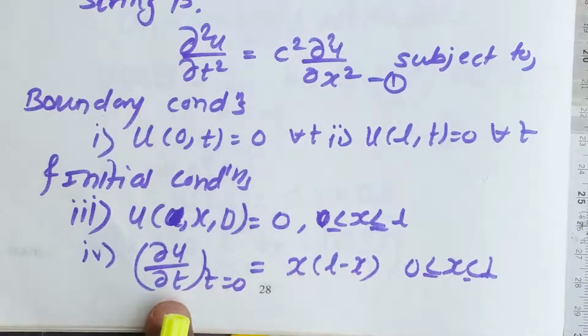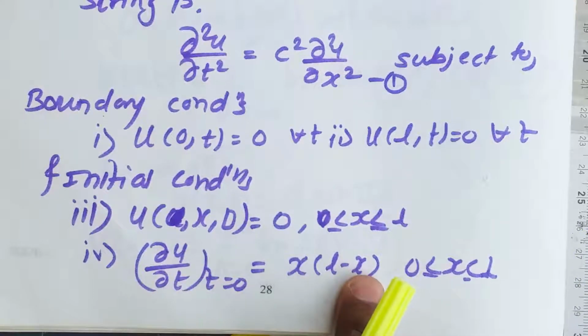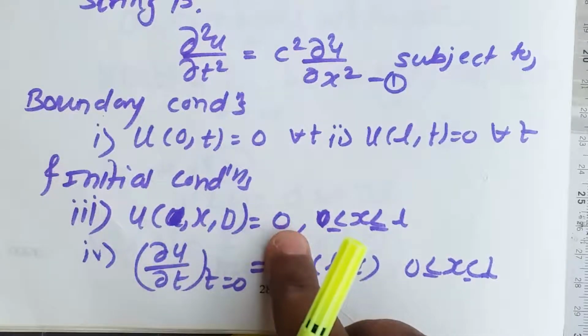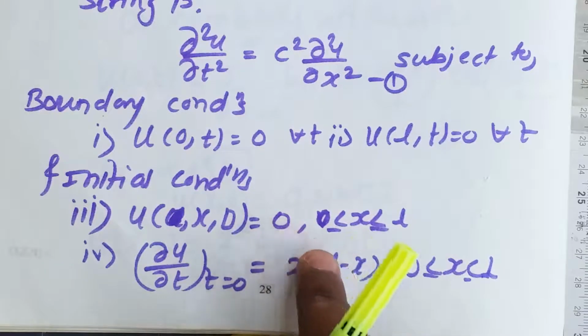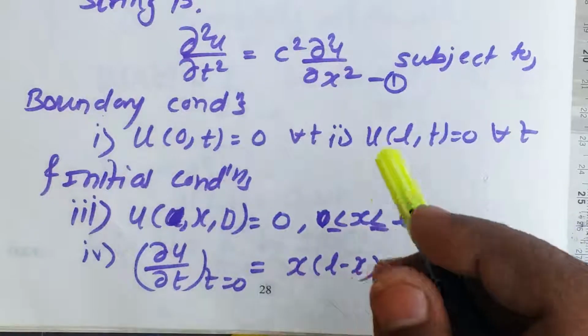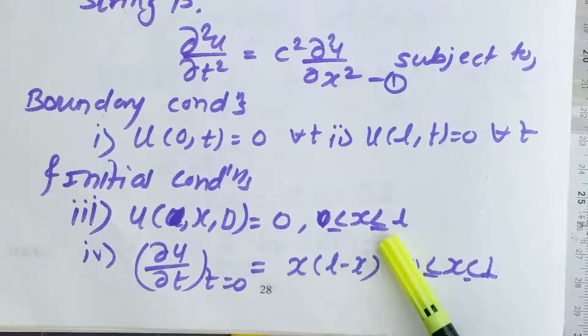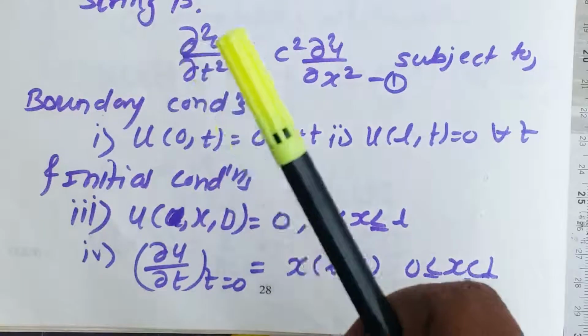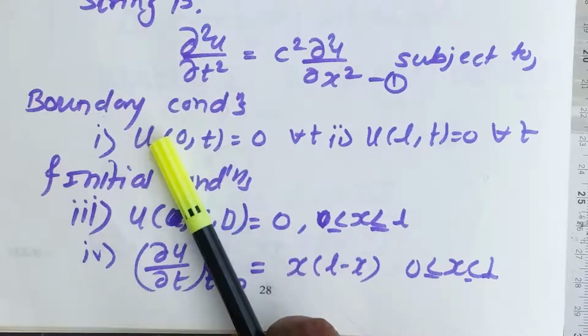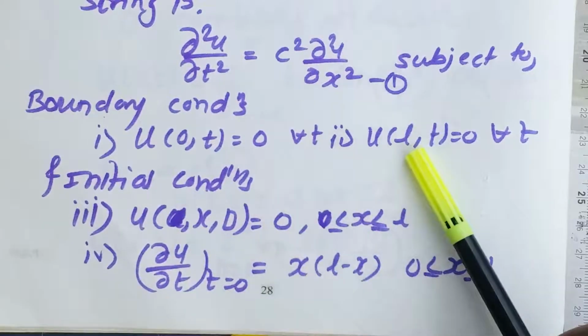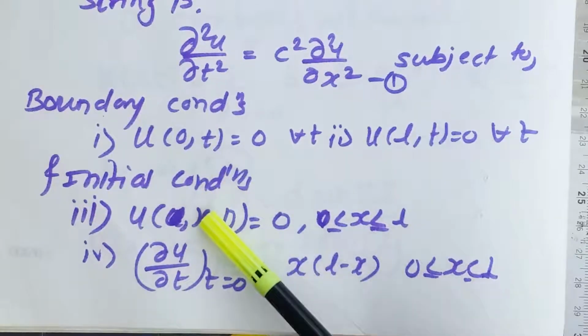For these values of x, we have del u by del t as a function of x. In the previously discussed problems, we had the value of u of x, 0 in terms of f of x, which was non-zero, and the other value was 0 in the previous condition. So whatever zero conditions we have, we use first, and the condition having f of x on the right, we use at the end while calculating the last constant. So here the sequence of using conditions will be: first the first boundary condition, then the first initial condition, which is 0, then the other two. First, second, third, fourth.